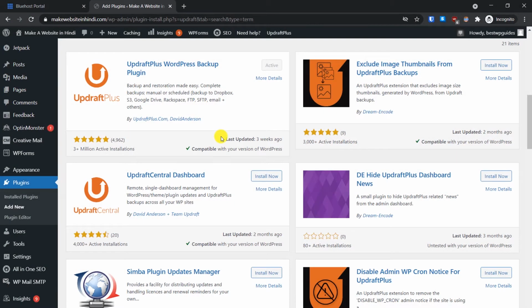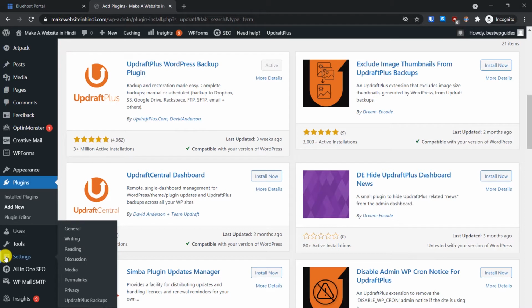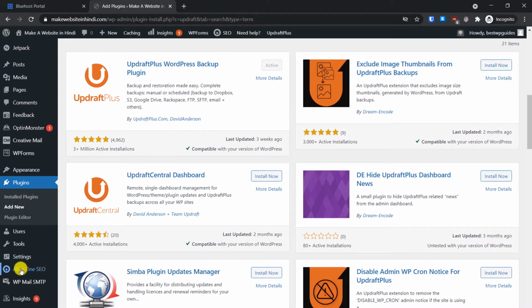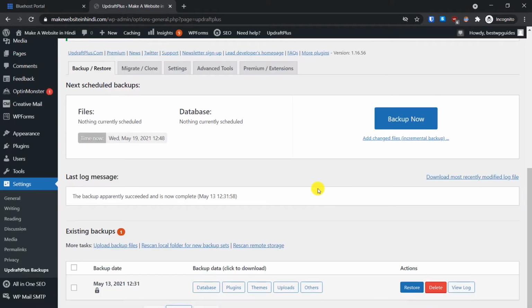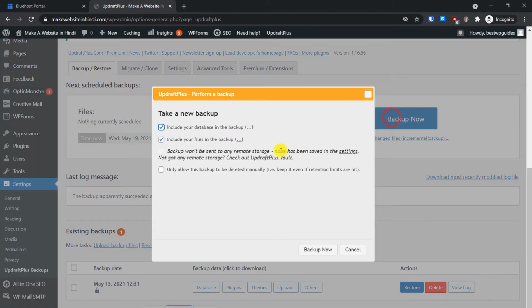After activating your plugin, in the left sidebar, go to settings. From here, go to UpdraftPlus. Here you will see an option to backup your WordPress website. If you want to create a manual backup, let's say before doing some update or before installing a new plugin or theme, you can create a manual backup by clicking here. If you're doing some crucial update, you can also tick this option so that this backup can be deleted only manually.